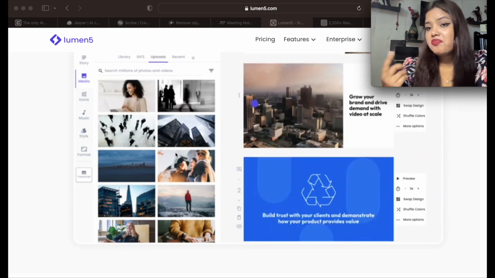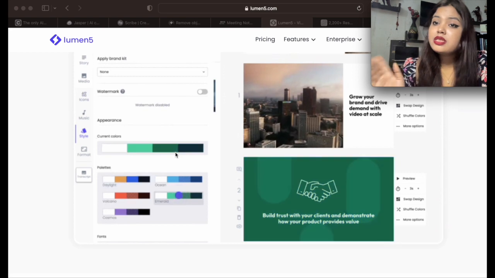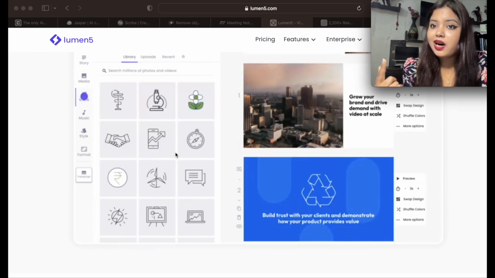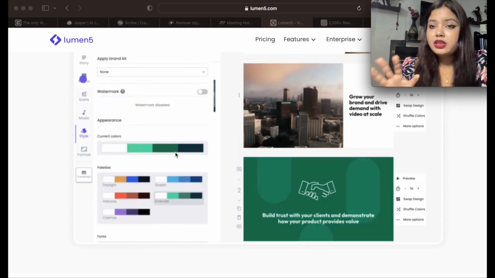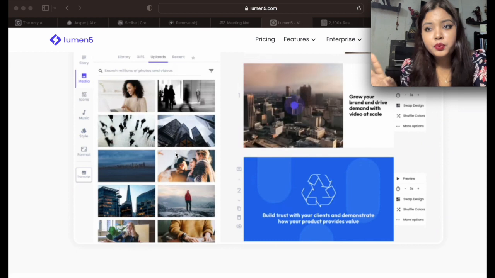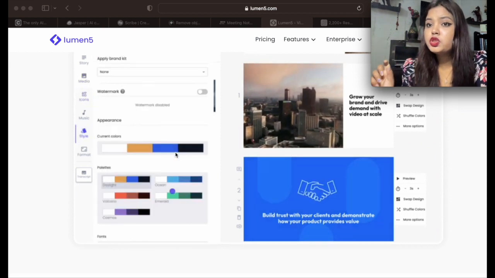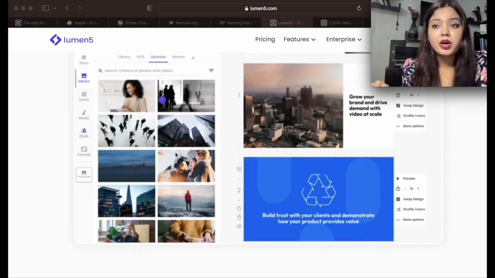Or if you want to become a social media manager and all, then still it's very beneficial to know these types of applications or tools which are already out there. And I also want to highlight that it's not possible that this whole tool is completely free. I'm pretty sure some features will be free and some will be paid, but I know that even with the free features, your videos can turn out very good.